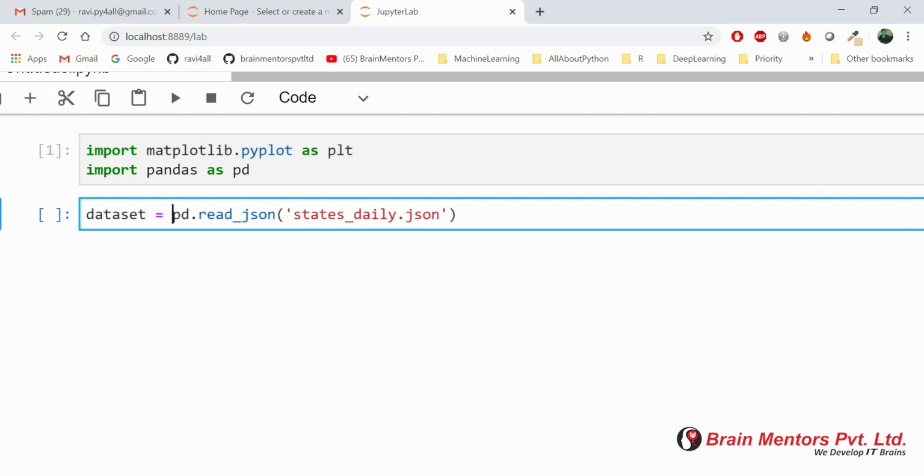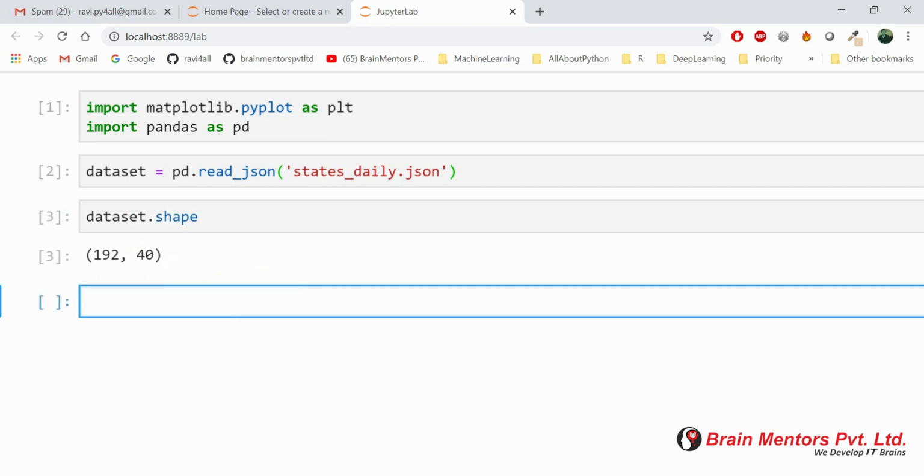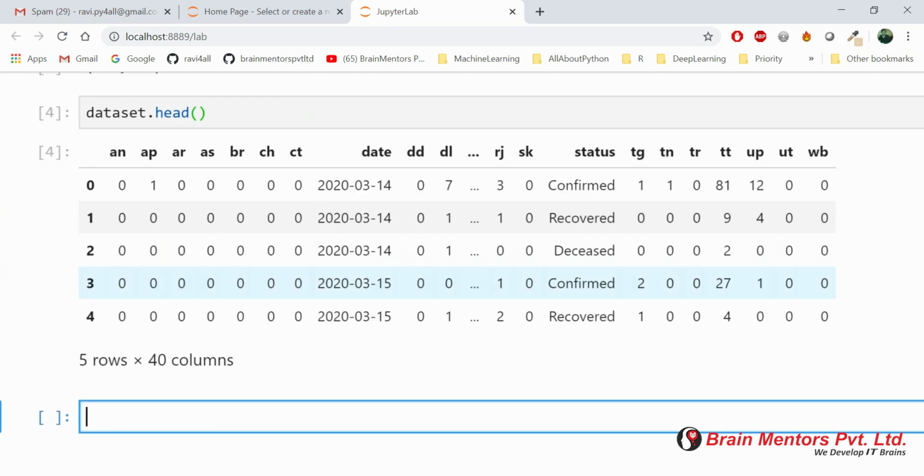This is the data set. So first let's see what we got inside the data. So we have 192 rows and 40 columns inside the data. Let's check the head. So we will see the first 5 rows.